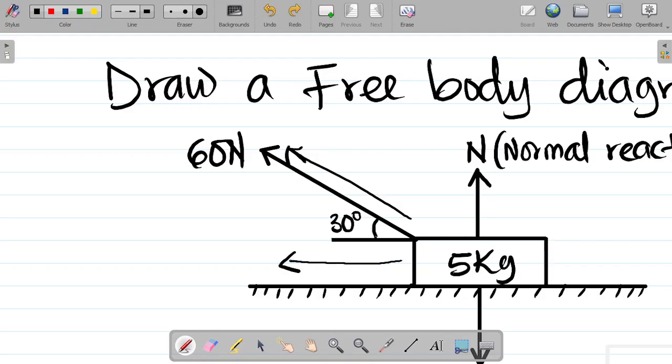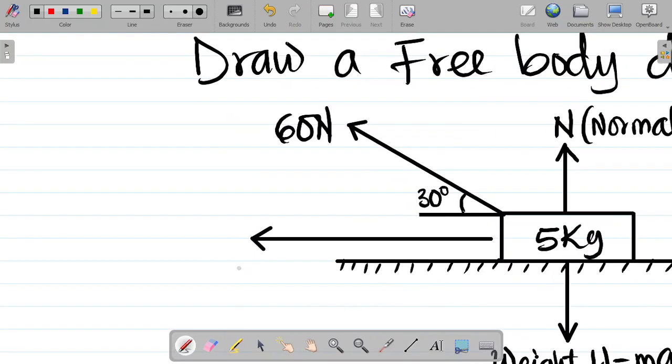So we need the component of the force that goes in that direction. In what direction? In this horizontal direction, right? We need the component of the force in the horizontal direction, which is simply the horizontal component of the force this way here. And if you can recall, when it comes to resolving vectors, when you have a force this way, inclined at an angle of 30 degrees, the horizontal component becomes